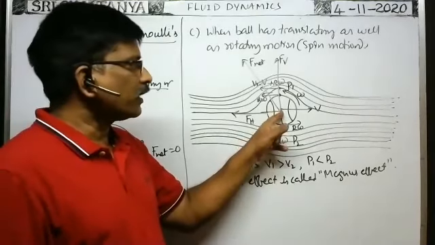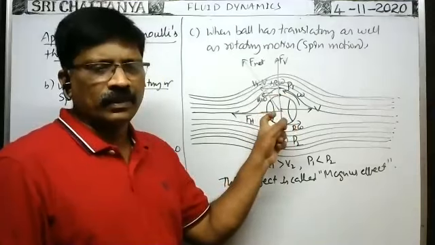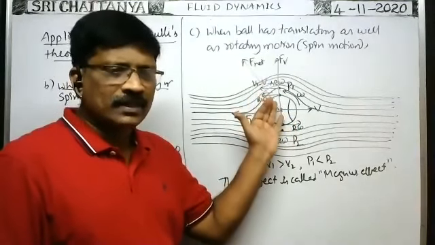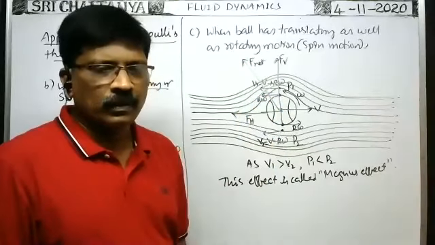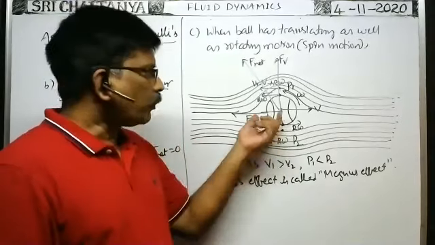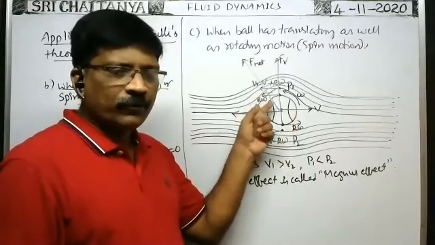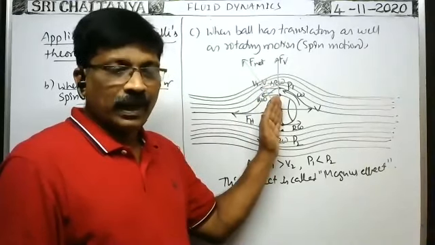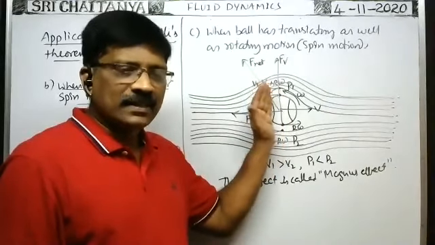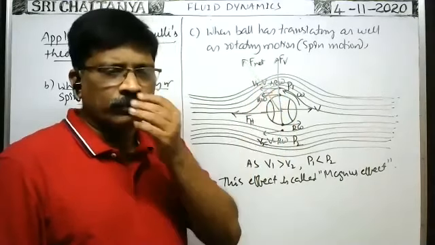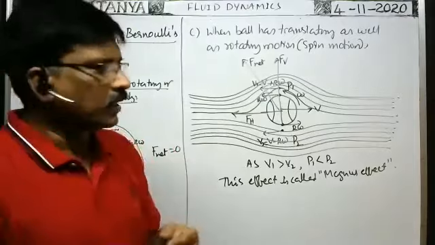It is having spin motion. About its own axis it rotates. It is having rotating motion only. As it rotates about its own axis, that motion is also called spin motion. It is not a particle, no? The axis of rotation passes through the body only. That's why it is having rotating motion about its own natural axis. This motion is called spin motion also.